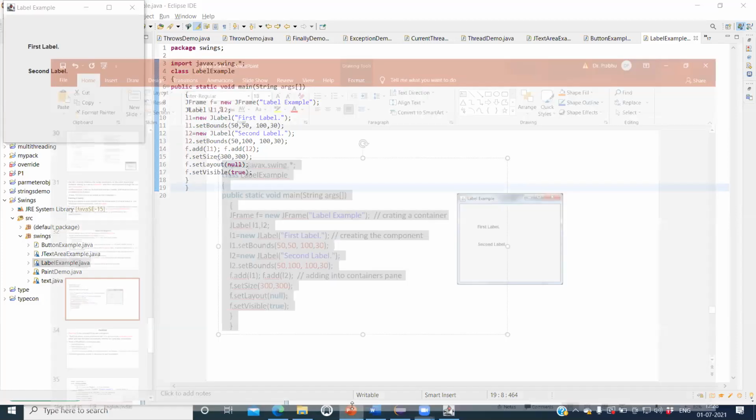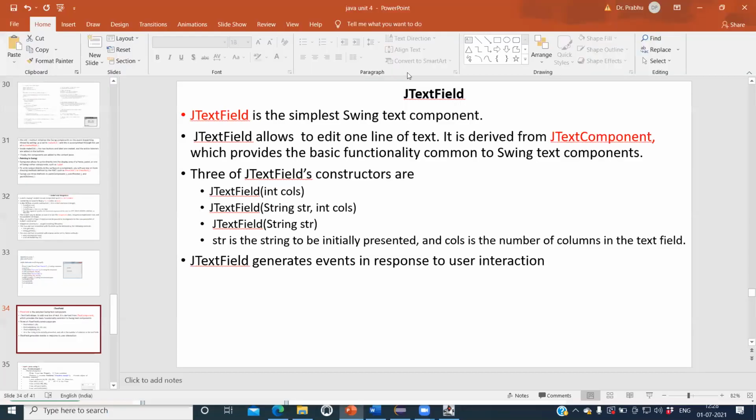Now the next thing we'll see is the text field. We can create an area as a text field and write whatever text we want.